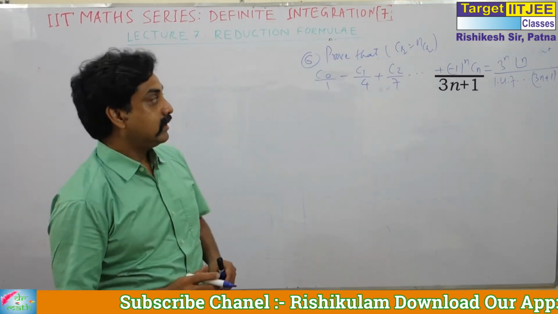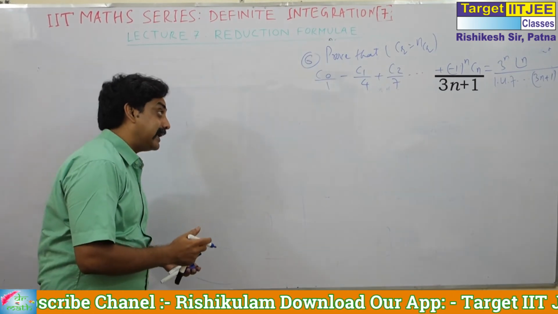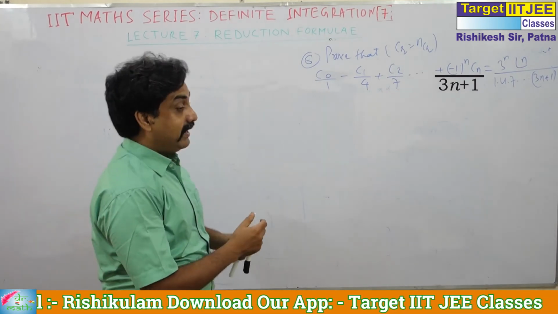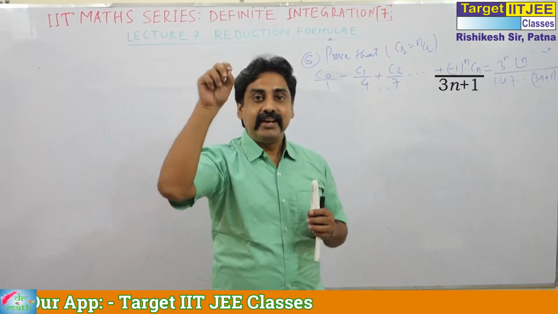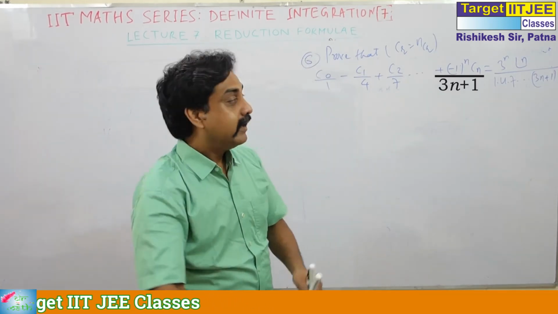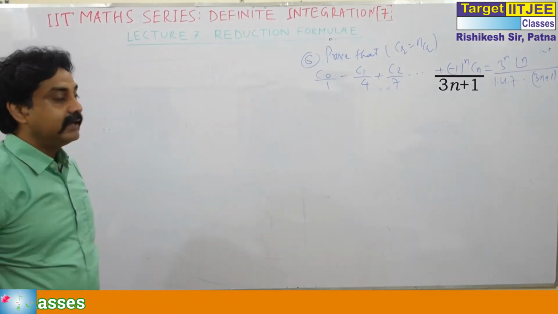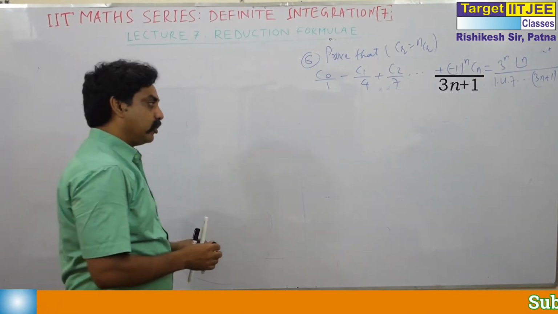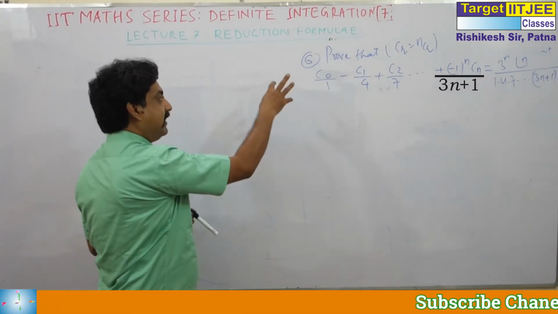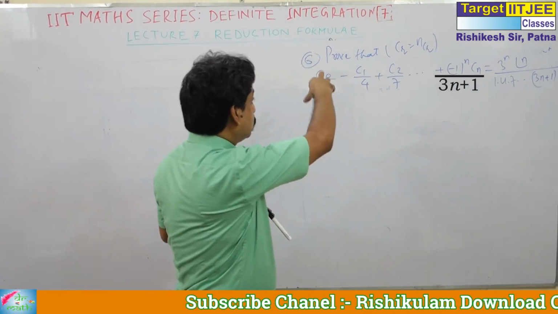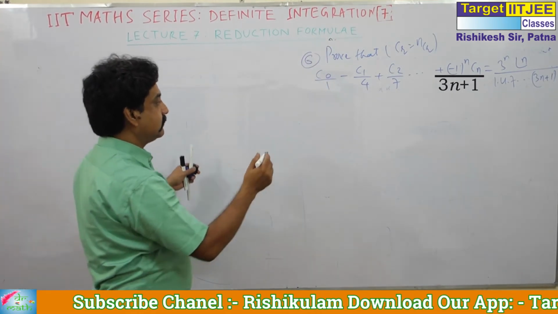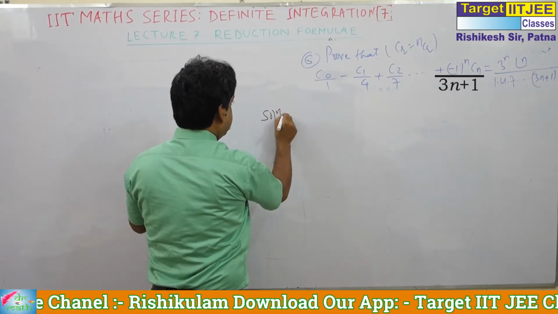Actually this question on binomial summation is done by integration. And to integrate we need a reduction formula. That's why I am taking this question in this very lecture. I have told you in class 11 that I will deal with these two questions in this class. So come, see the idea.